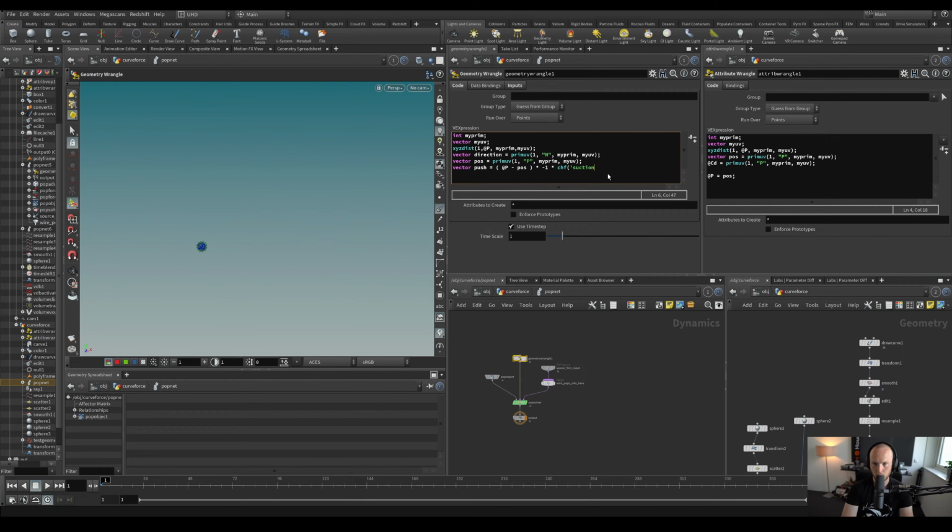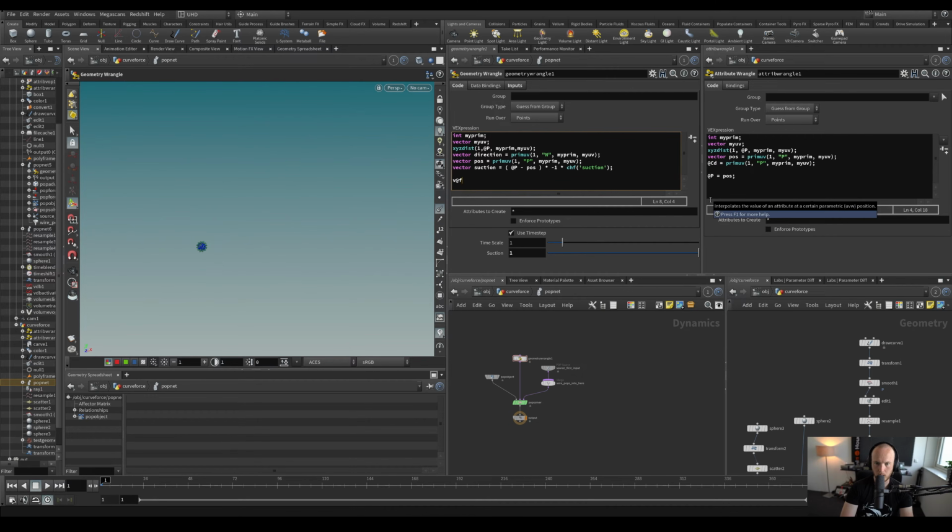Let's call this something like suction, because it's sucking it toward the center. That's also what I called it in my original thing. Right, so now we have a multiplier here for the suction of the thing. So if we were to now say v@force plus equals suction,